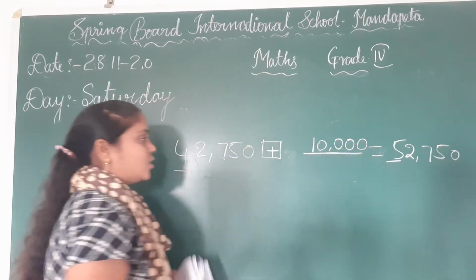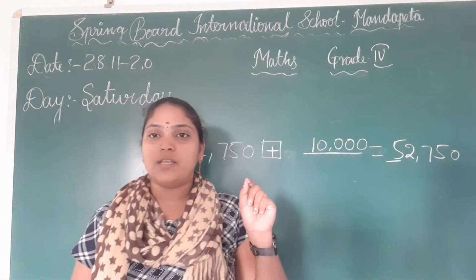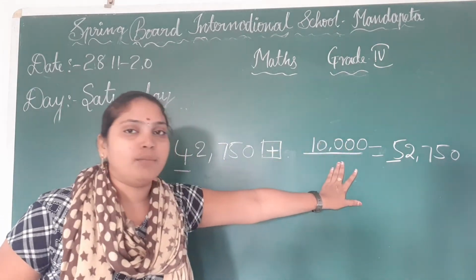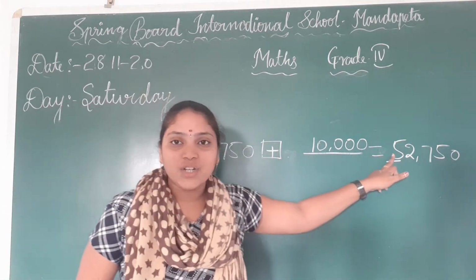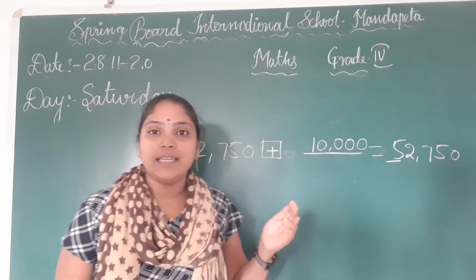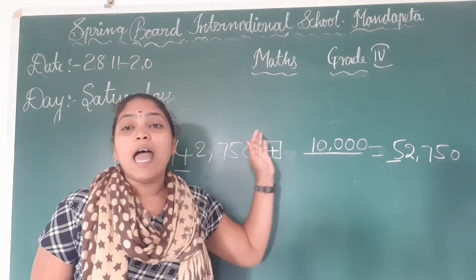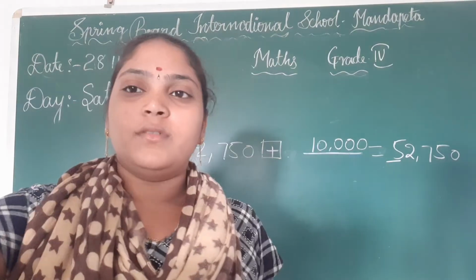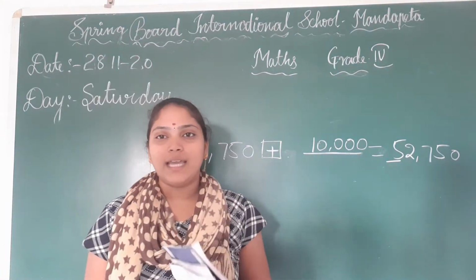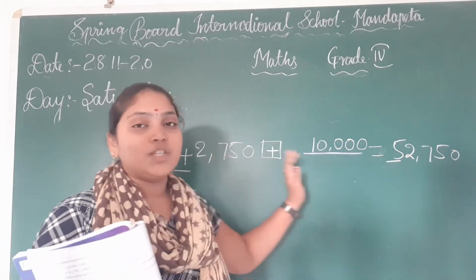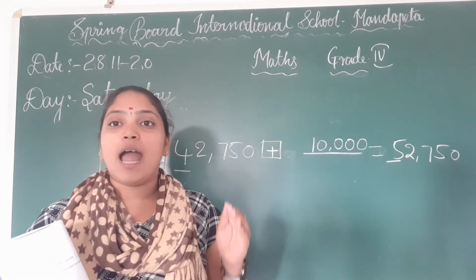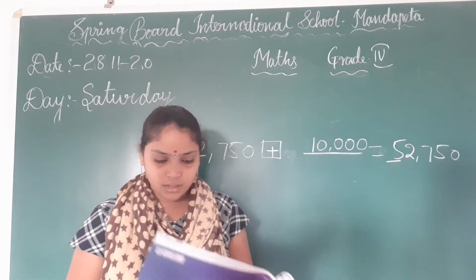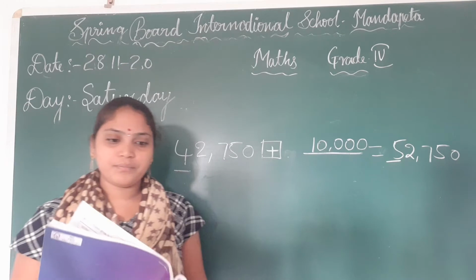Okay, add 10,000. First you have to check which place of the digit changed. So write here 10,000. You have to write the number and check if it increases or decreases. If it is an increase, write plus here, and if it is a decrease, you have to write minus here. Okay children, you have to do it like that. First you have to observe which place of the digit has changed, and whether it increases or decreases. Okay, next open page number 59.